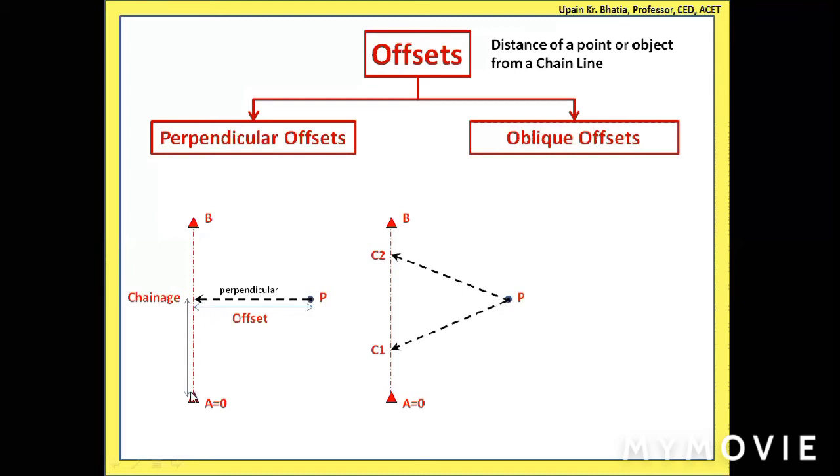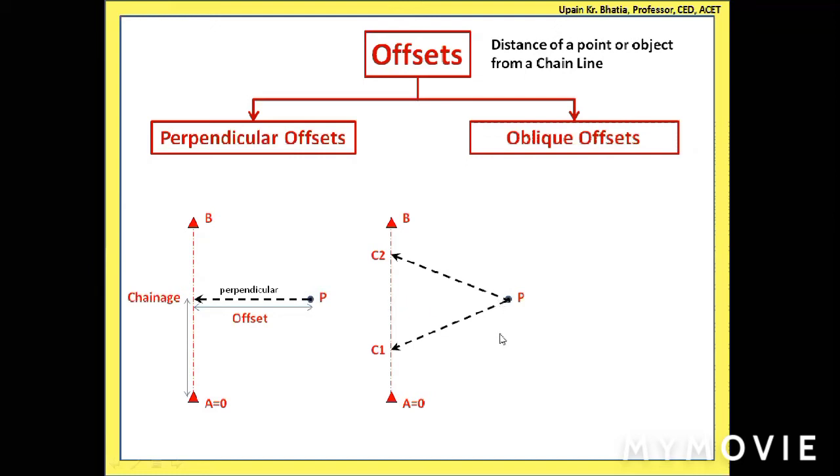Going from point A up to a distance equal to this chain edge, like 6 meters, you have a direction that on the right hand side you have to move 10 meters. You will reach this point P, so that point P is located. But here in this oblique offset, you cannot subtend a perpendicular. So that 90 degree option, that from here you have to move to the right, is not available.